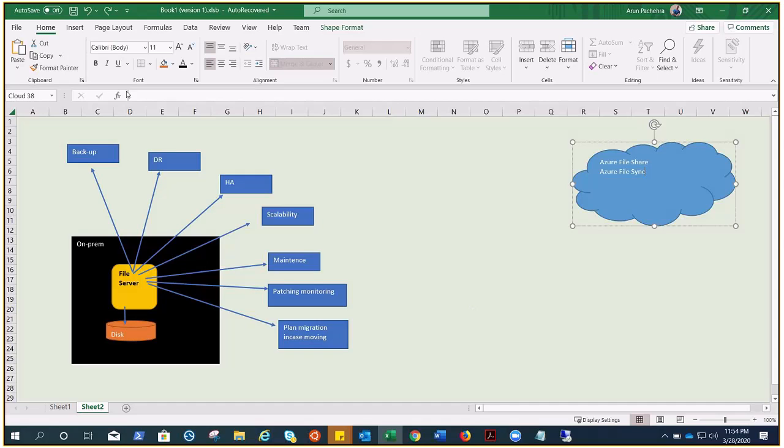So this is the very first example, if there is a single server. I have seen those situations as well where you have